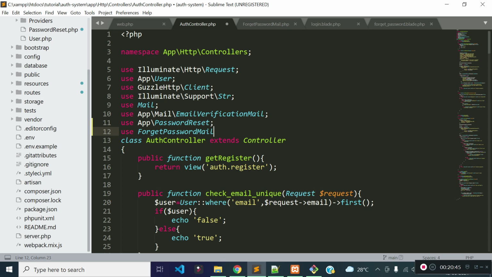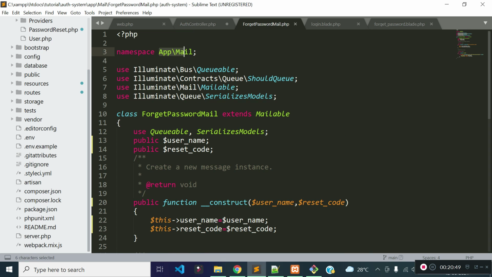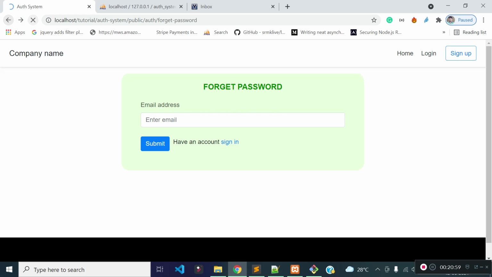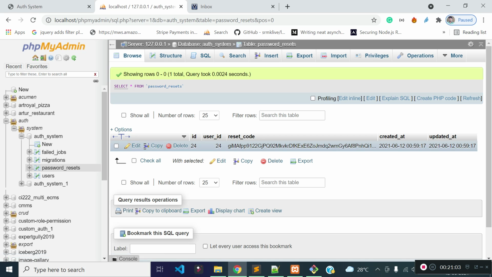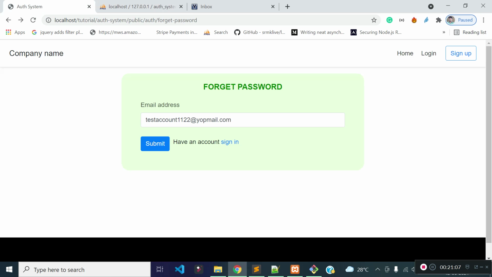So it is the namespace of this ForgetPasswordMail. It is App\Mail. So let's copy the namespace and paste it here: use App\Mail\ForgetPasswordMail. Okay, so now we can use ForgetPasswordMail. So I think a record will be created. So let's remove this record from here and let's try again.